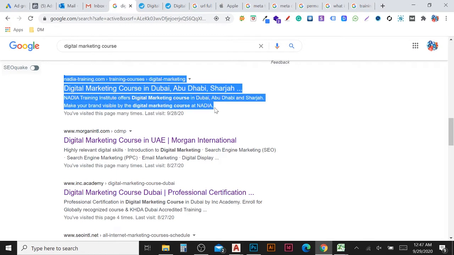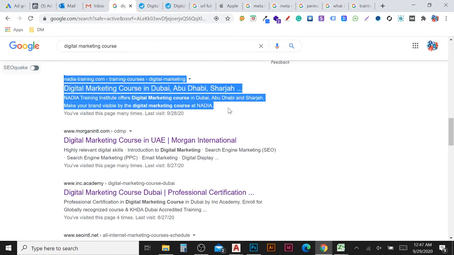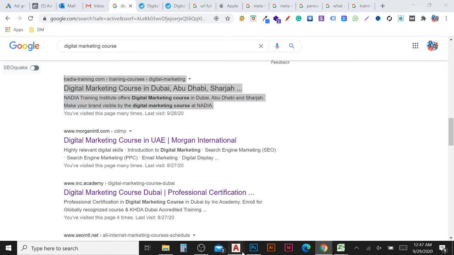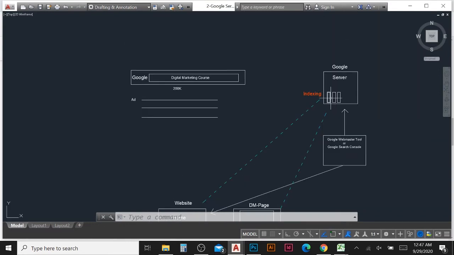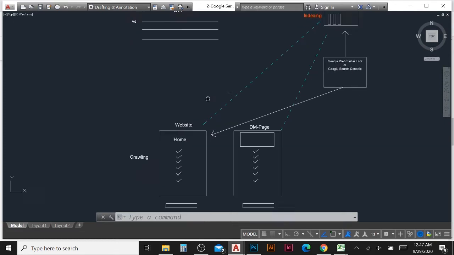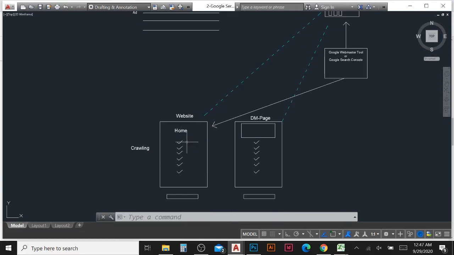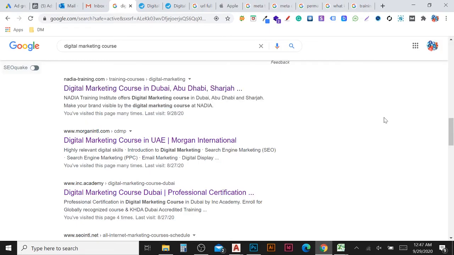And what we see here, this meta title, meta description, and URL, this is not shown directly from the website. This is shown from the Google server directly now, because the file is inside the server. But how is the file here? Because the robots crawl the website pages and download the file. So this file is from your website, it's your website information, but this file is from Google. Now the file is shown here.